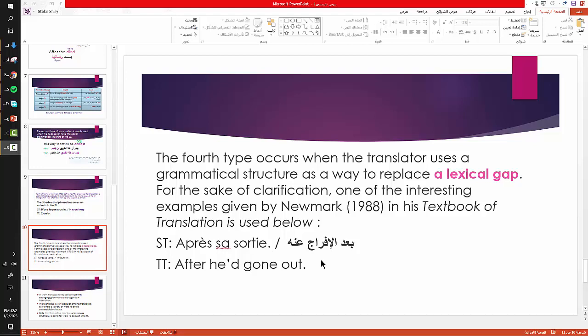If we use the Arabic language, après sa sortie, بعد الإفراج عنه, translated in English, there is a lexical gap between this French sentence and the English sentence. We use transposition to support the meaning in the English sentence. After he'd gone out,